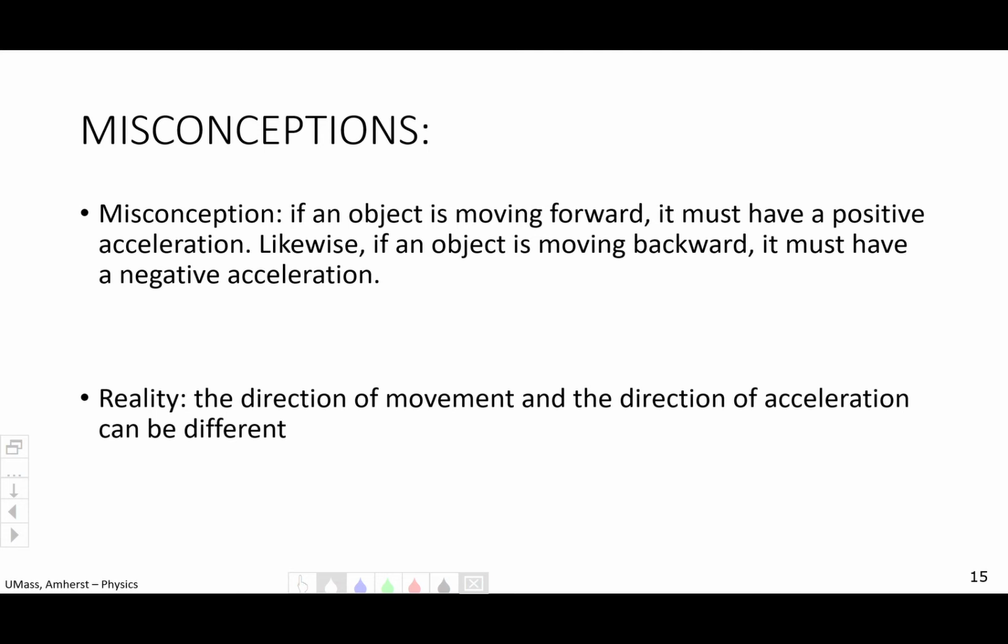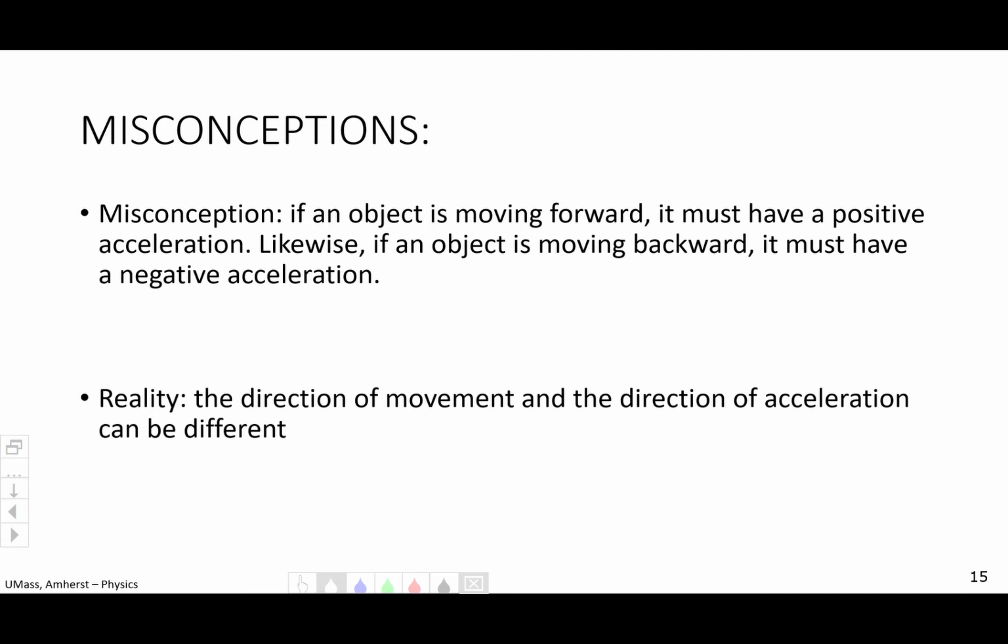Now, when we move towards the negative side, things got a little more interesting. The first thing we did was we rolled the ball in the negative direction, and then we pushed it towards the positive direction. And the result was kind of interesting, because when we say positive acceleration, we think speeding up. That's not necessarily true. The sign of the acceleration only indicates which way the object is changing its motion. So with a negative velocity and a positive acceleration, we actually saw the object slow down, right? So you might think, oh, positive acceleration means speed up. Not in that case, right?